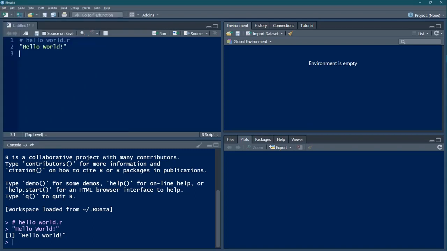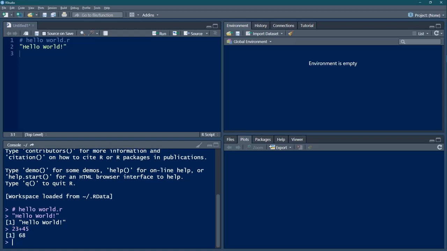The left bottom pane is the console. Console area is for writing code interactively and executing it. Output of commands will typically be displayed in the console as we have seen for Hello World. Now we can use the console for some interactive work. We will type some arithmetic to start with. Let's type 23 plus 45 and enter. We get the result in the next line. R shows number 1 in square brackets before the result. You would have noticed the same for the Hello World output also. This would be clear in the next video.